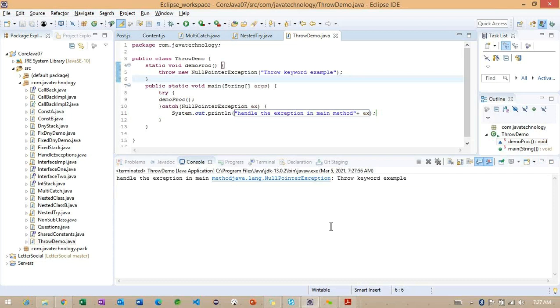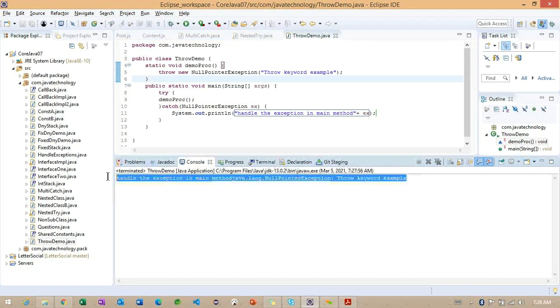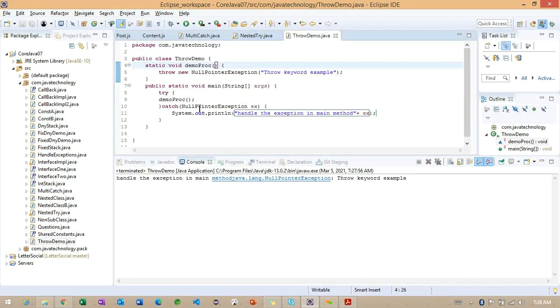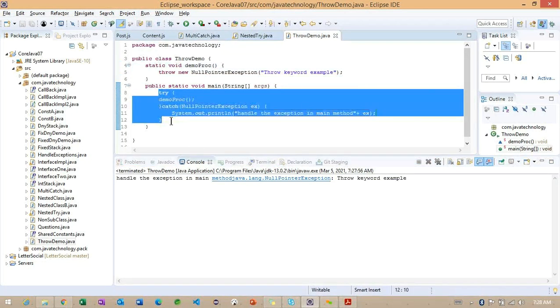Observe here. Initially we were getting around 3 lines of message, but now we are getting only 1 line of message. This is the beauty of throwing an exception and handling the same exception here.